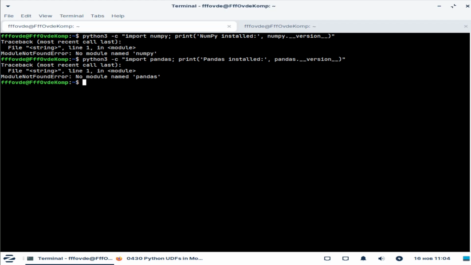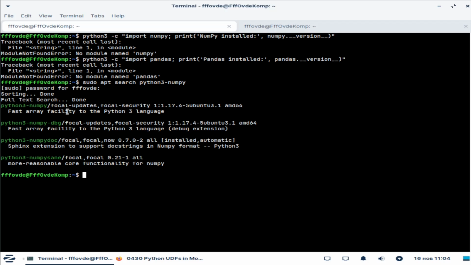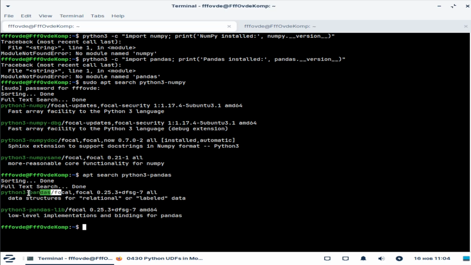So first I will check, do we have NumPy and pandas in the official Ubuntu repository? So I will run this command, sudo apt search, and I will provide my password. And here we can see that we do have NumPy in the official repository, and it is the same for pandas. So I will now search for pandas, and here we can see the pandas package, and I will now install them. Now pandas is depending on NumPy, so first we will install NumPy. So I will run the command sudo apt install NumPy. I will run this,